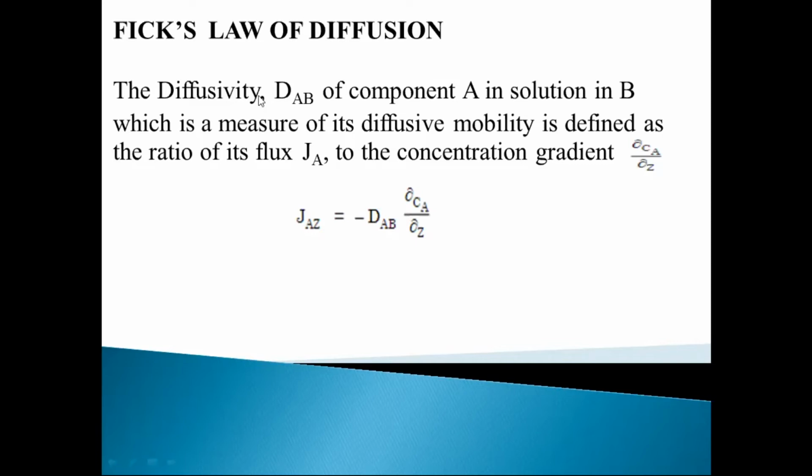I told you I would explain the significance of the negative sign. The negative sign indicates that diffusion occurs in the direction of drop in concentration, the rate of transfer of component A in a mixture of A and B. In simple language, there is a drop in the concentration of component A in the diffusion process, because it is always transferred from higher concentration to lower concentration. That is a loss of concentration in the higher concentration region. That's why there is a negative sign.